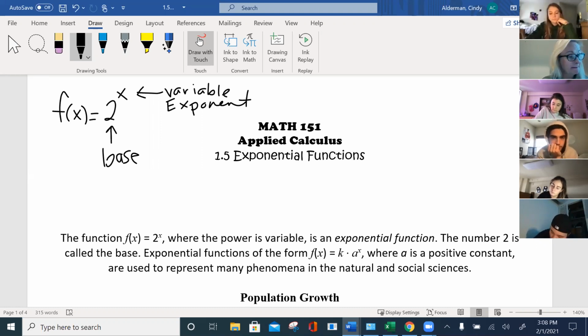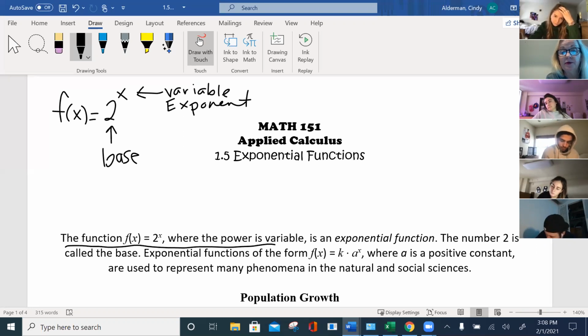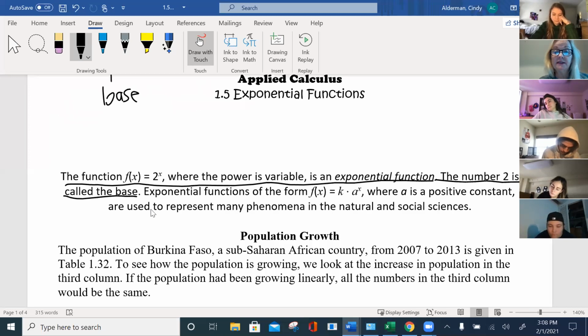What else I want to tell you? Okay, so what's important here? This is the function where the power is the variable and it's called an exponential, and obviously the number 2 is called the base. All right, exponential functions take this form, k times a to the x, where a is